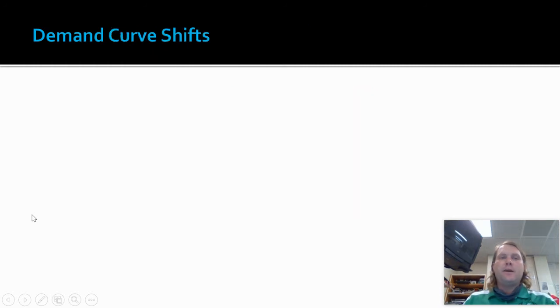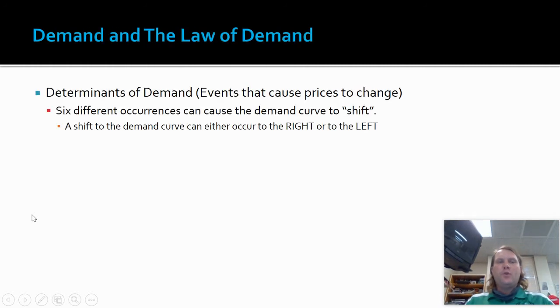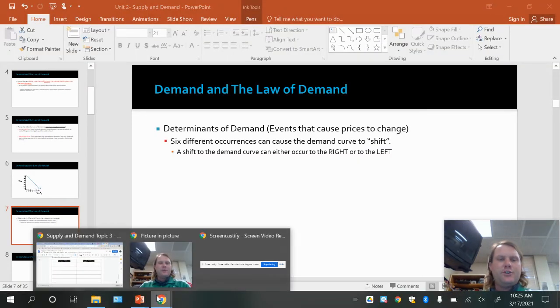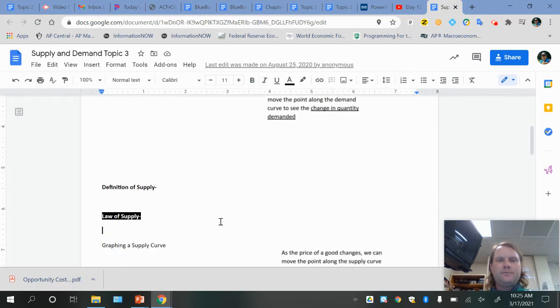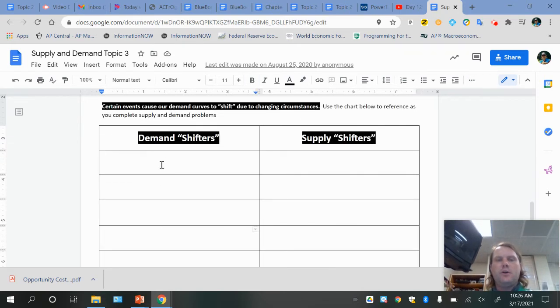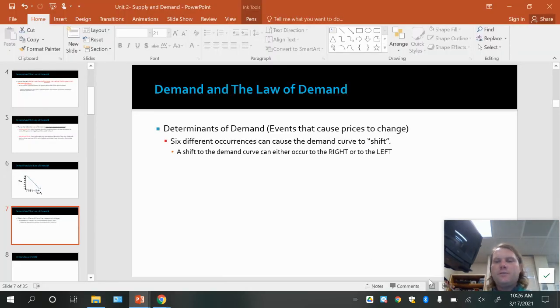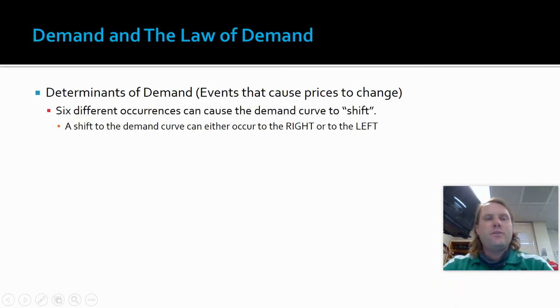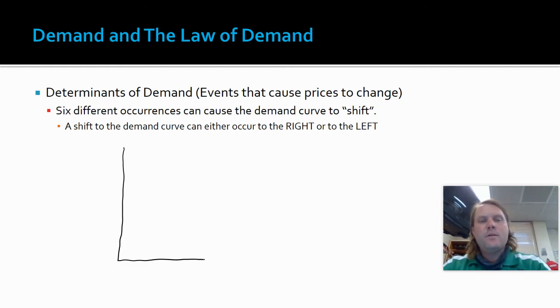Now, some things make us change our mind. So you're flipping your paper over. Up at the top, it says demand shifters. So skip over the supply shifters, go to the top, and find the demand shifter spot. So you're right here: shifts in the demand curve. And then we're going to fill in these boxes down below with 6 different things once we get to that particular point. Now, there are some things that do make us change our mind, and when we change our mind, it's going to shift how we operate on some things too. So it may make us completely shift in what we want to buy.